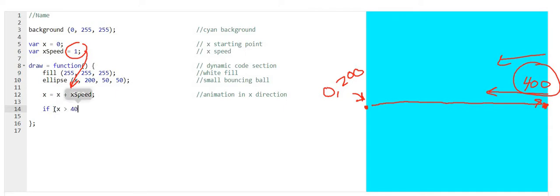So like right here, it's like 399, and then it hits 400, and then 401 would be the next one, but that would be off the screen. So if it gets to the point where it's greater than 400,